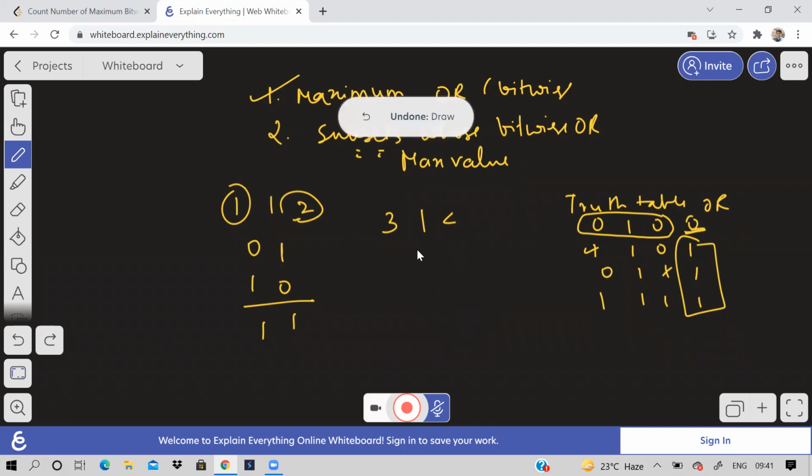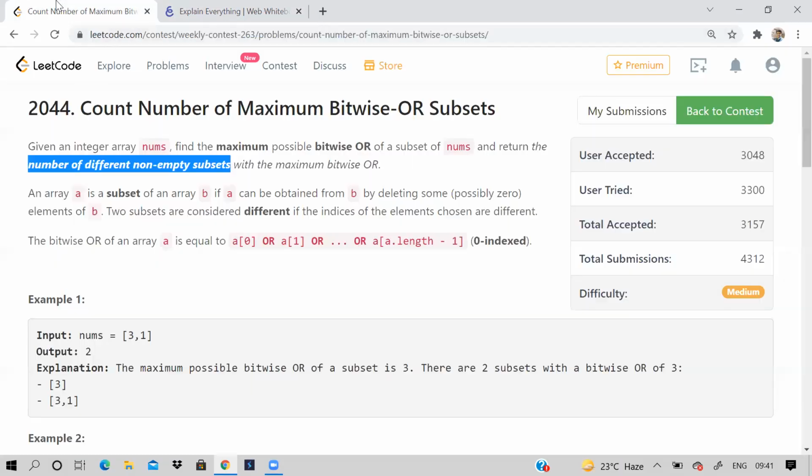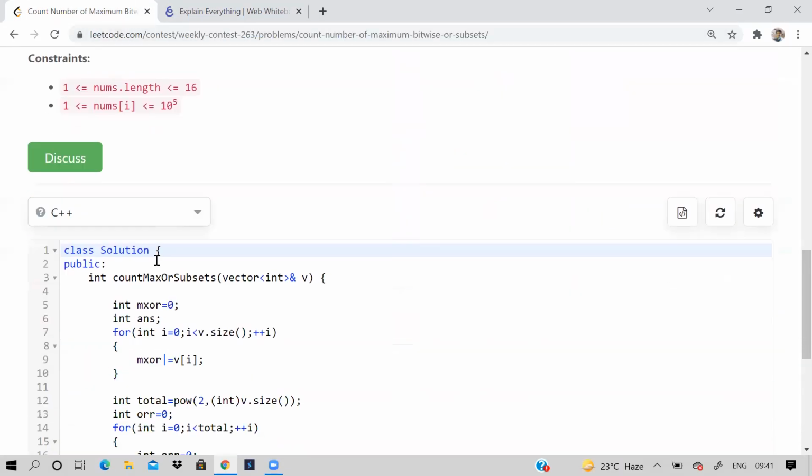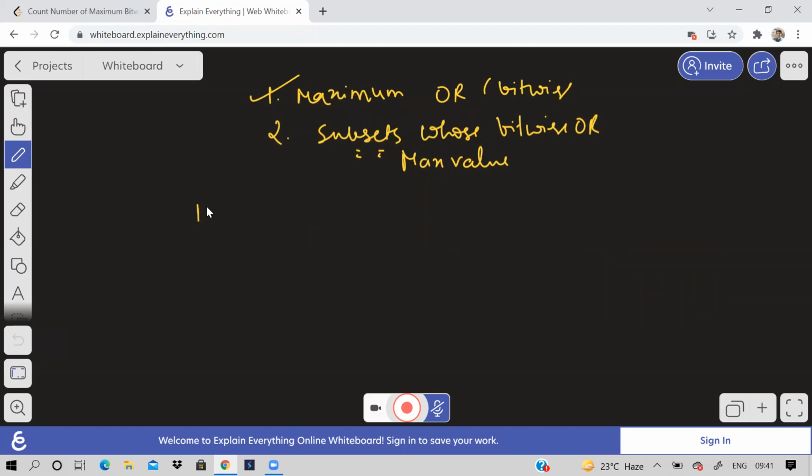So first of all, the basic observation is that all the numbers will be positive numbers only. Since all the numbers are positive numbers, the maximum OR is equal to the OR of the entire array only.